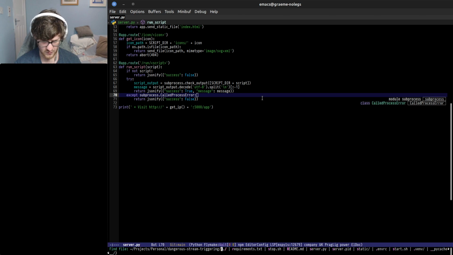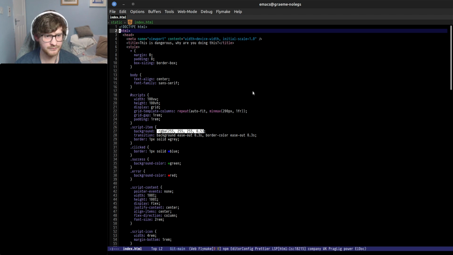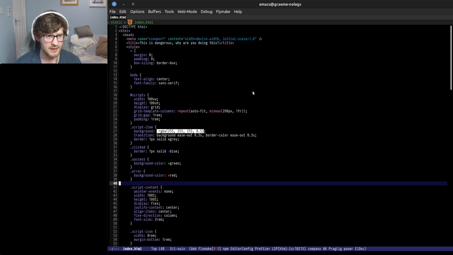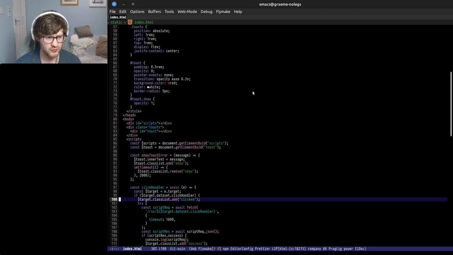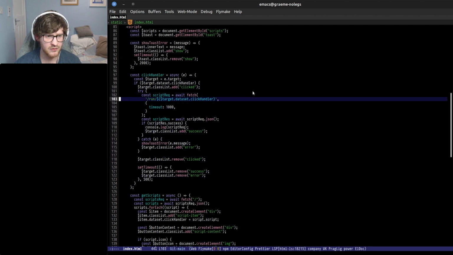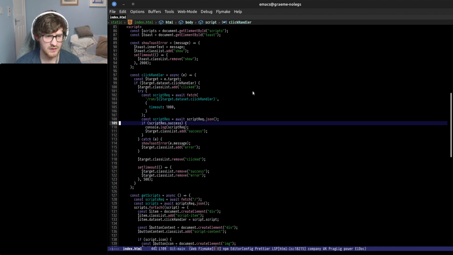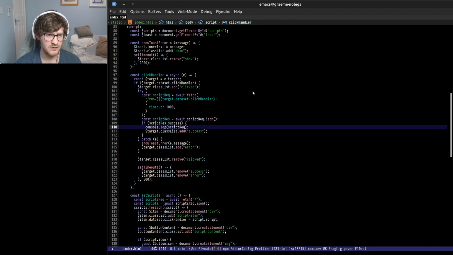And then let's go to static, go to the horrible index file, the horrible HTML. In here, so we should, click handler, it runs this script with a timeout, it gets the JSON if success, console log script,